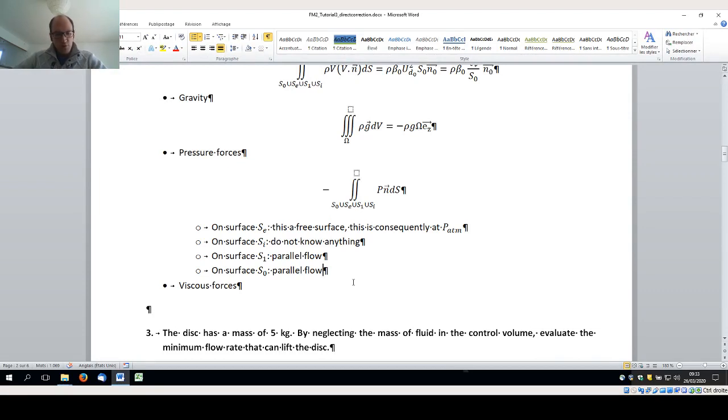What do we know about pressure? We know that in a section with parallel flow, with streamlines which are parallel, in the section which is perpendicular to those parallel streamlines, the piezometric pressure is constant. So if the piezometric pressure is constant,